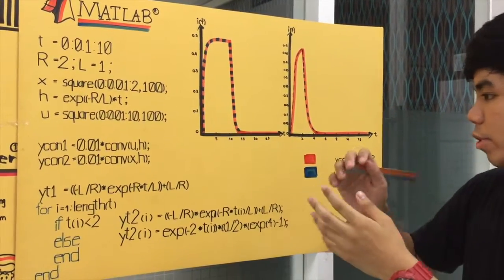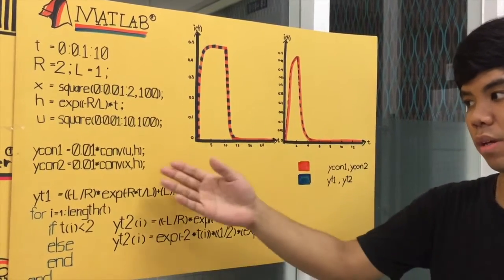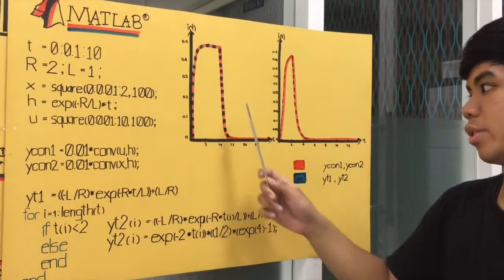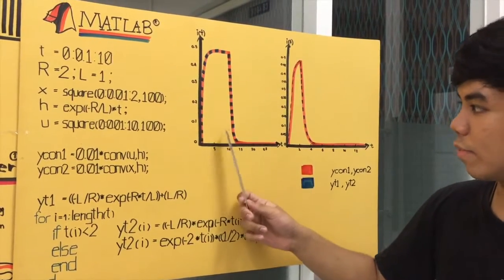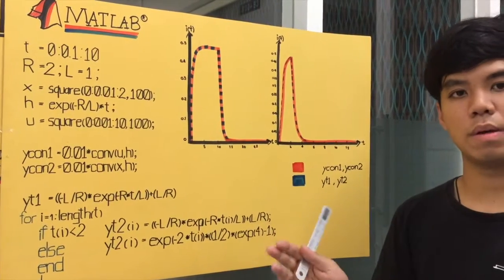The graph plotted from the equation that we made manually and from the MATLAB function are the same. The area of the first problem is larger than the second problem because the time interval is larger.